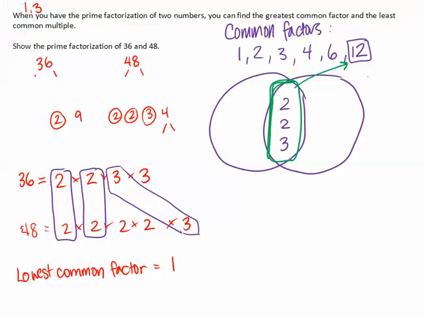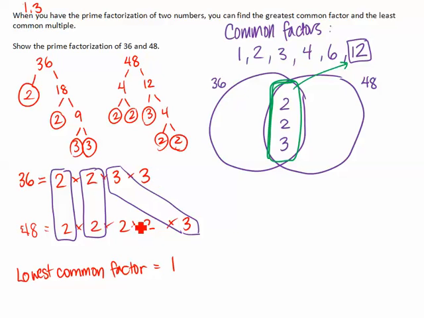Now we see there's a couple of other numbers that are still left over. So 36 still has a 3 on the side. 48 still has a couple of 2's on the side. Now what we can do with these extra numbers is that we can now look for the most common multiple